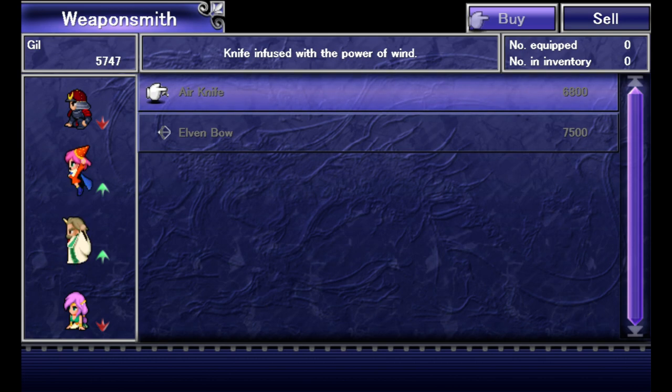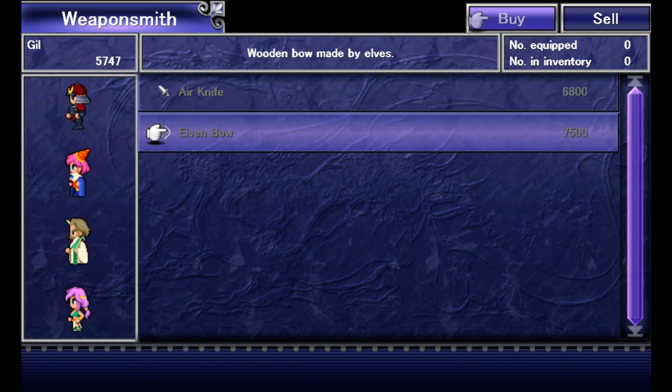But the Air Knife will do it for wind spells. Definitely pick one up for your Blue Mage, because the arrow line is one of the few ways you can cast wind in this game, and the Blue Mage uses it. You can get a lot out of it. Elven Bow, if you're using bows, there you go. I think Elven Bow has some crit on it, but that's...